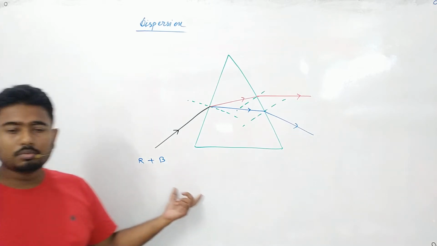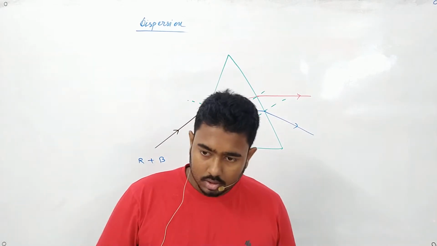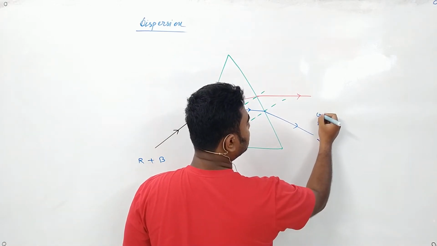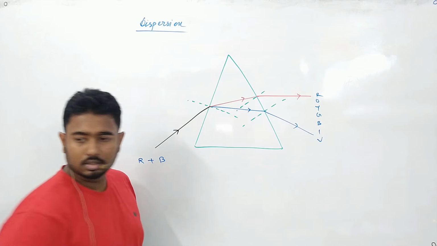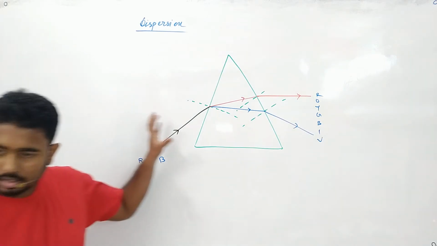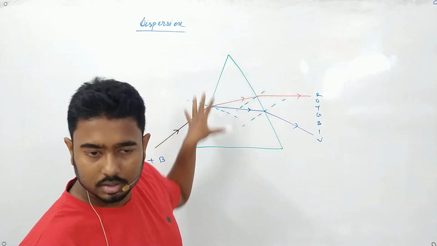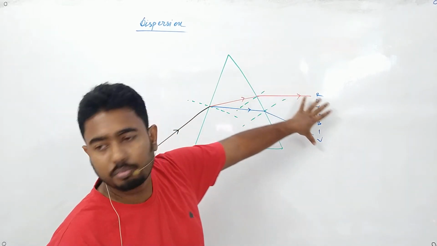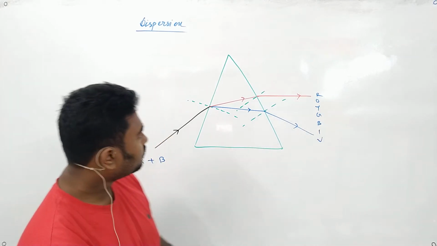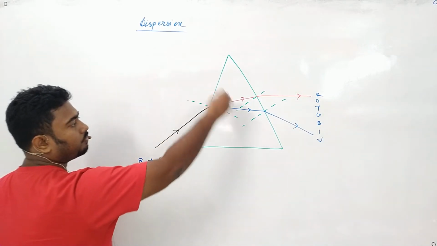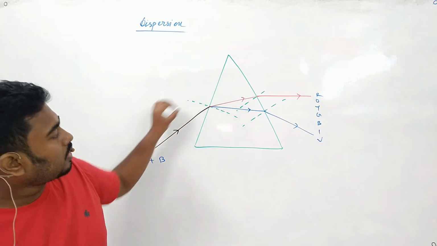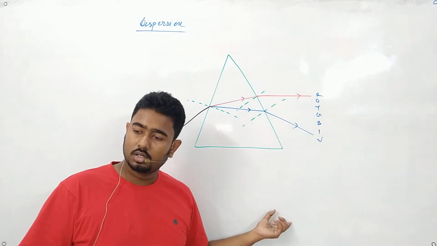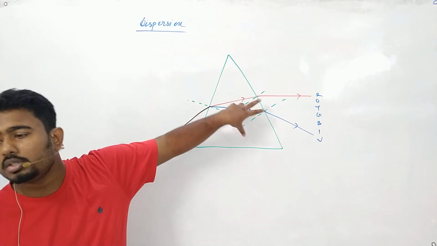Now if it would have been made with all the colors present in the VIBGYOR, then starting from violet, can I write it as VIBGYOR? Can I write it in this way? That means if I have a white light and I put a prism in the path of the light, all of them will get separated out and split into parts after passing through the prism. This phenomenon in which a surface splits a white light into its constituent colors is known as dispersion. So what is it doing? It is just splitting into its constituent colors.